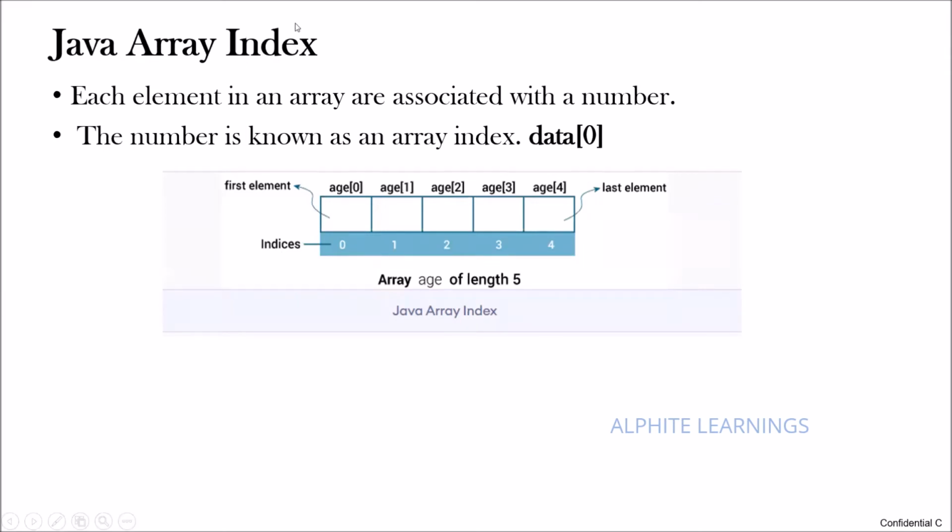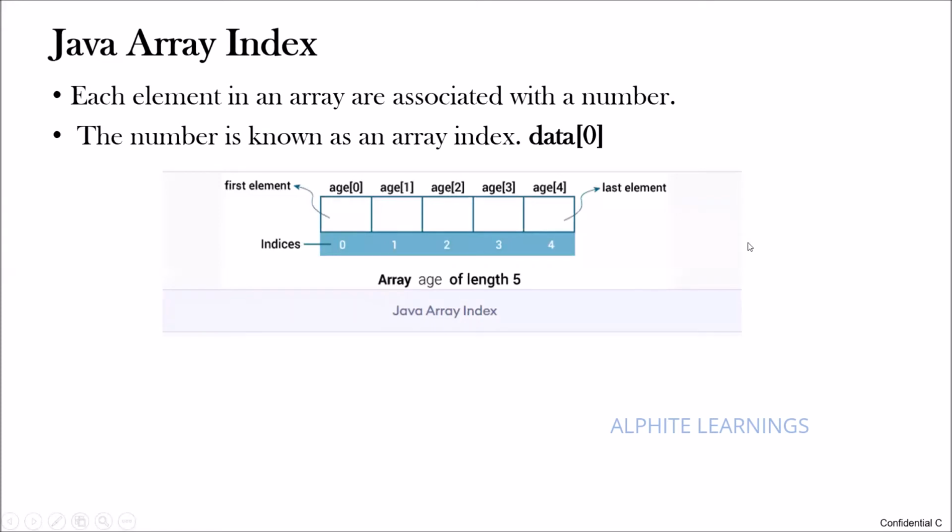So usually the indexing value will start from 0. Even if the length of the array is 5, the value will start from 0. The first element will get the index as 0, and the second element will get the index as 1, 2, 3, 4. So mostly the index will be the length minus 1. If you have the length of the array as 5, the index will be 0 to 4.